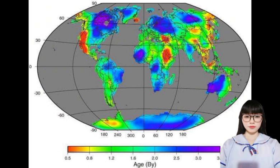The oldest known rocks on Earth are found in western Greenland and have been dated to be over 3.8 billion years old. In general, the continental crust is older than the oceanic crust, which has an average age of around 260 million years. However, there are exceptions to this rule, such as in areas where oceanic crust has been subducted and recycled into